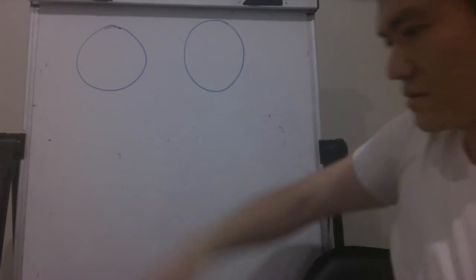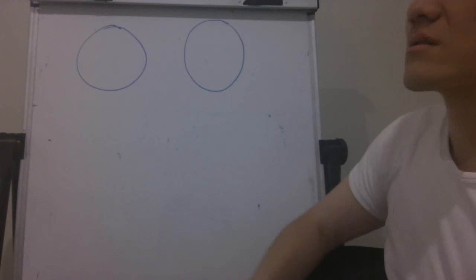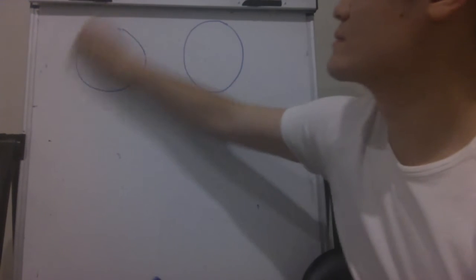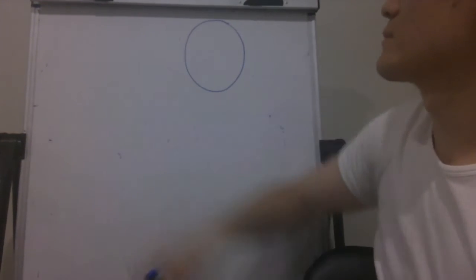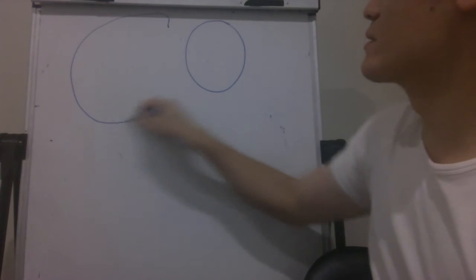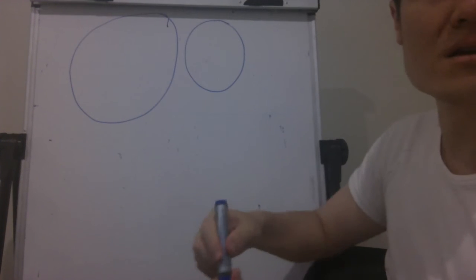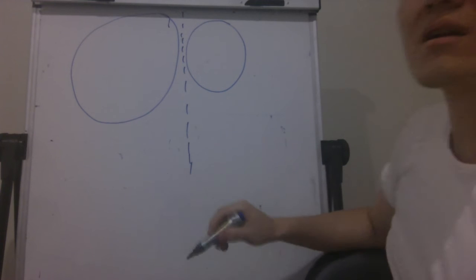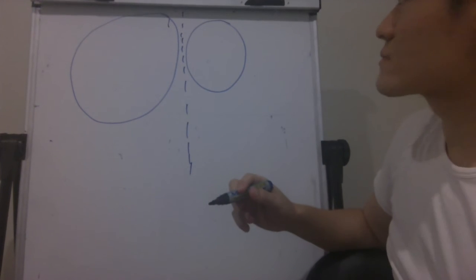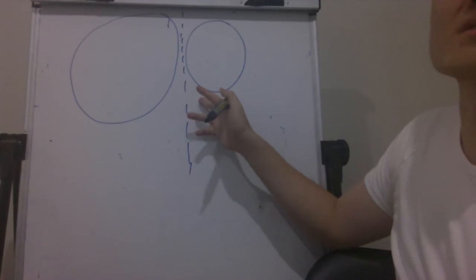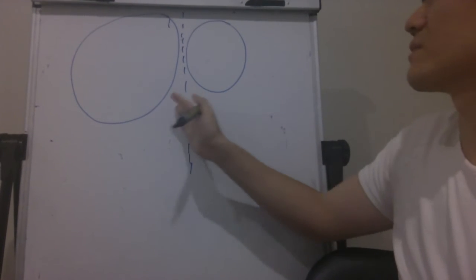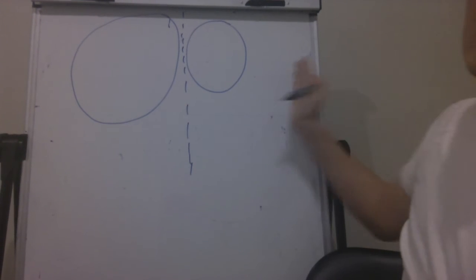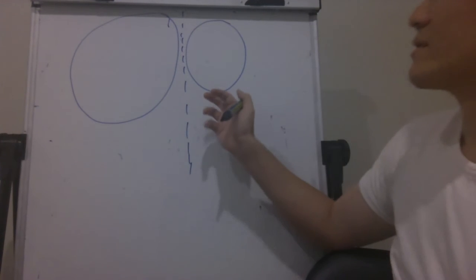Wait, do you mean the midpoint of the two centers? Yeah. But if they're identical circles, oh, they're identical. But if one's really big, that's not okay, right? We know the radical axis is in between, right? It can't be within one circle because, we actually proved this explicitly, I think, it can't be positive for one and negative for the other. And it can't be like over here. Yeah, that's important.